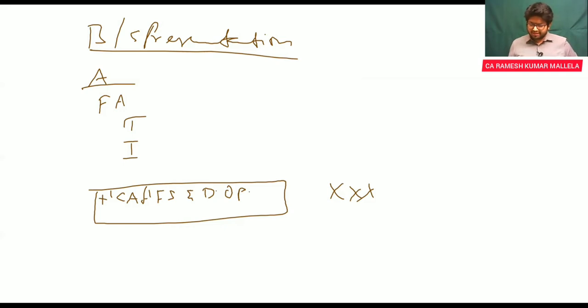Now, will it be under current assets or fixed assets? First of all, you would showcase your assets like this: fixed assets, in which you have non-current assets, post which you have current assets. Then there is one more category called non-current assets held for sale or disposal group held for sale. So this is the classification which you are supposed to show. That means after your fixed assets, non-current assets, and then current assets, you are supposed to do this.